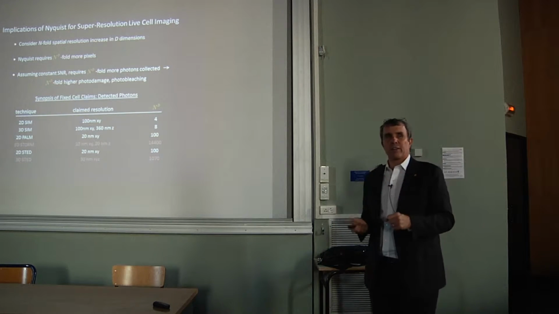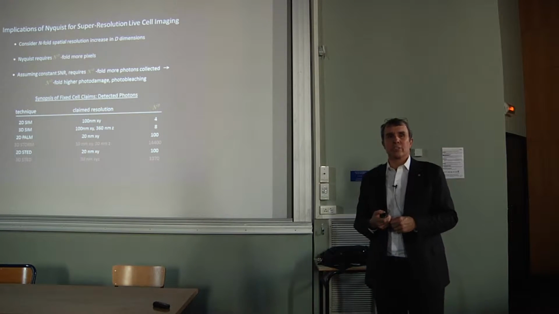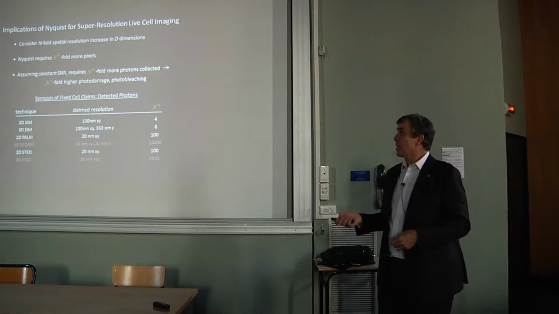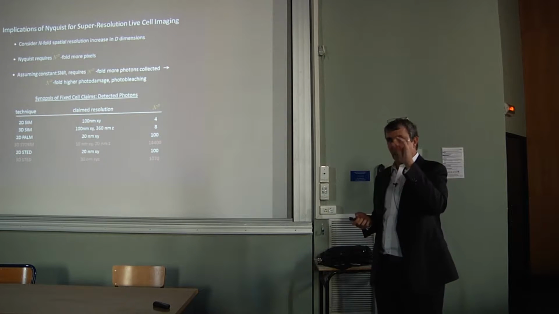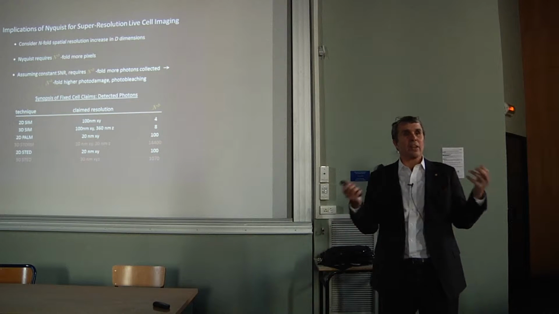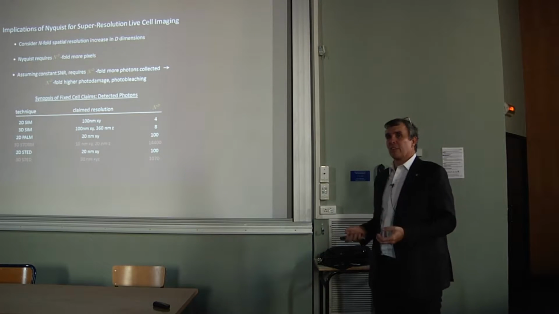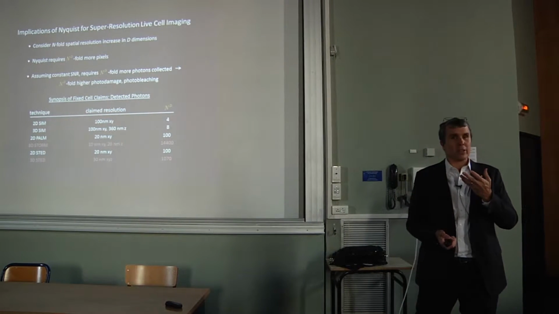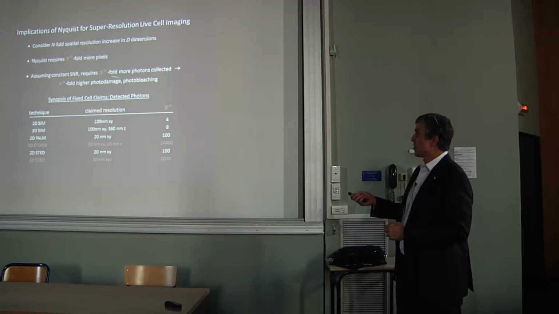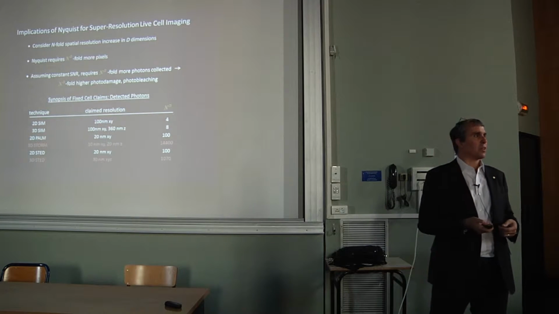Well, we can go right back to that Nyquist criterion I mentioned earlier. If I want to increase the resolution n times, and I want to do it in d different dimensions, then my voxels have to be n times smaller in each dimension, so I'm going to have n to the d times as many voxels in my higher resolution image. If I want to have the same signal to noise I had at the diffraction limit, each one of those voxels has to have the same number of photons. So that means the overall image has to be composed of n to the d times as many photons as before.